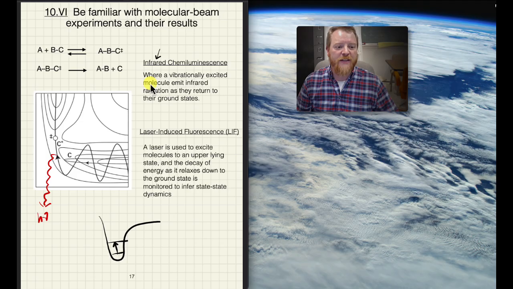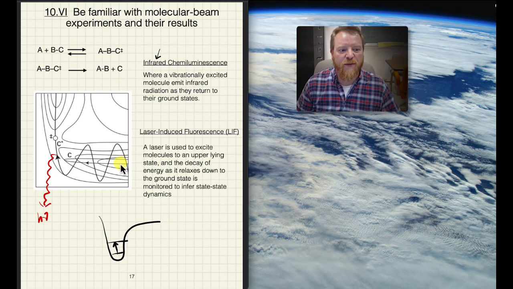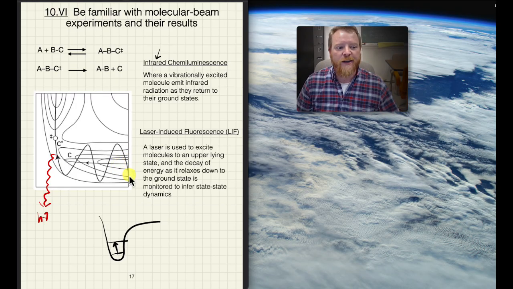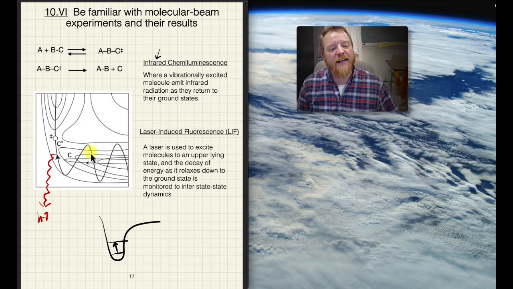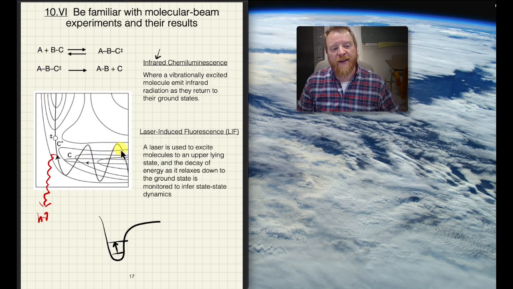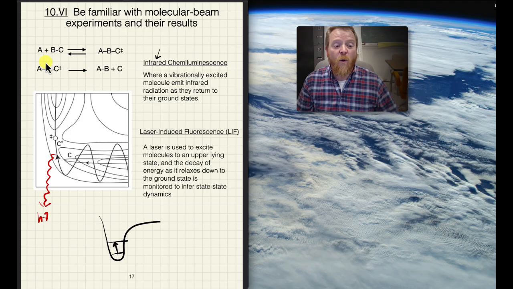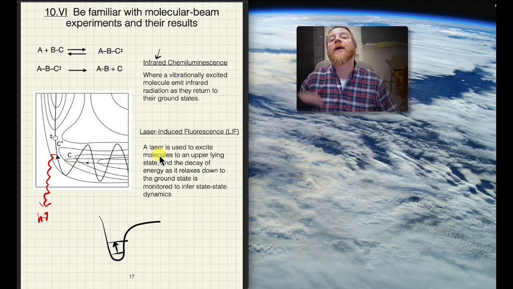So I only want you to just have some familiarity with this and be able to look at these contour profiles and have a reasonable assessment of what's going on. So for example, is the molecule entering in the ground state and leaving in the ground state? Is it entering in an excited state and leaving in the ground state? Or is it entering in the excited state and leaving as an excited state? Or even is it entering this transition state and doesn't have the right angle of attack or doesn't have the right vibrational phase and then gets kicked right out back to reactants?